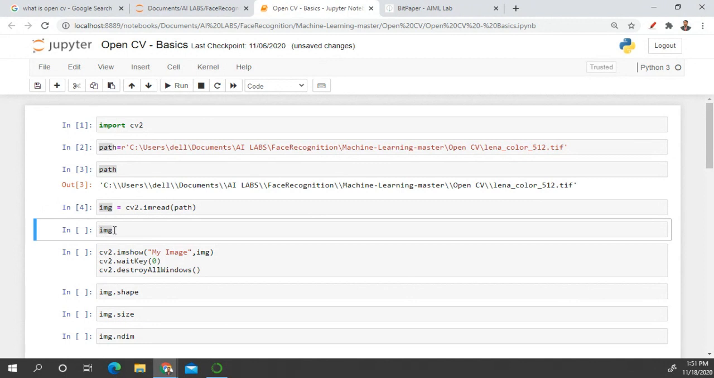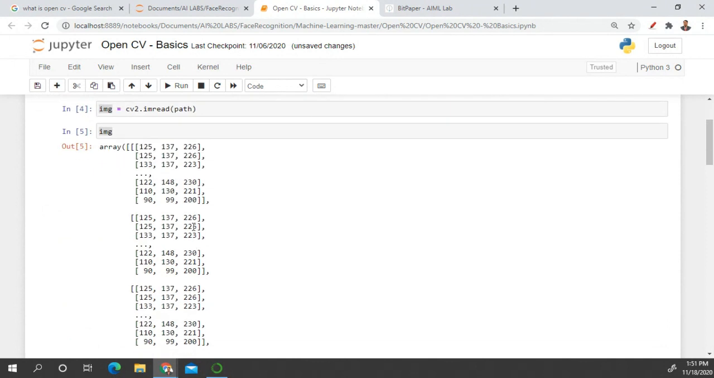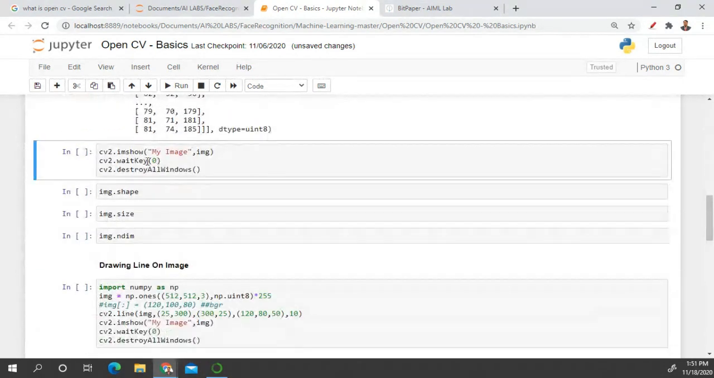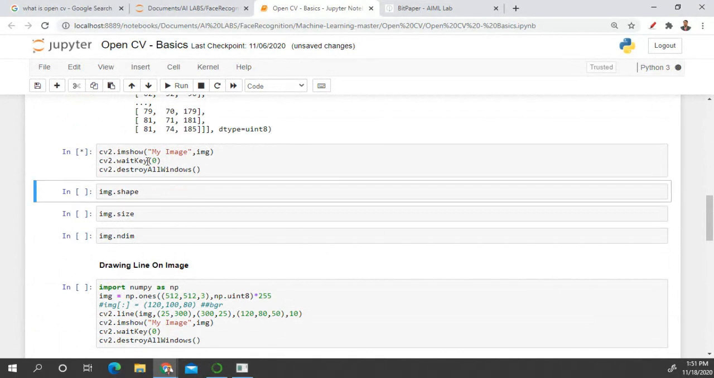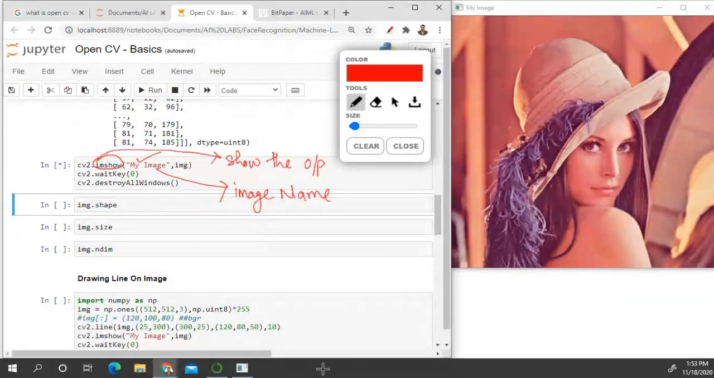Now you can see the output of that image. This is the output for the image, RGB color channel right here. And now you have to read the image, and it is shown in a particular window. Okay, so this is our image, and what this image represents is